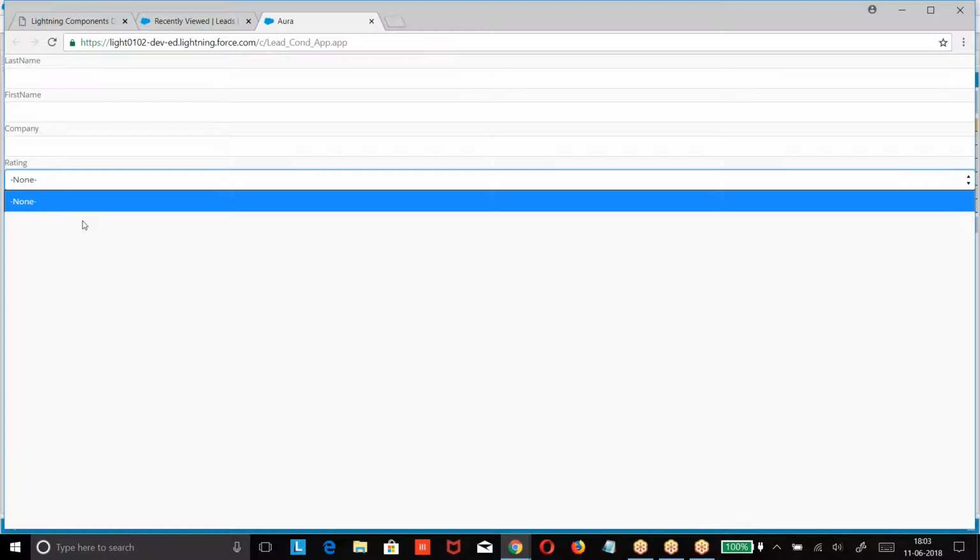But what was this? Rating we are getting. Now, whatever the options are there in the lead object, the same options I have to get in display. If there are 40 options, I cannot create manually. If it is one or two options, I can create. If there are 40 options, I cannot go to the object and see the options and create. So dynamically, we have to go to the lead object, get the options of the field and get them. So what is our requirement? We want to get the options available in the pick list field directly from the object and display here. Okay. Now how do you get them?